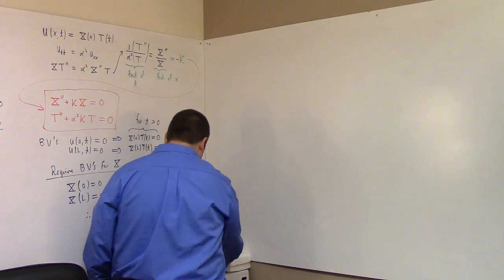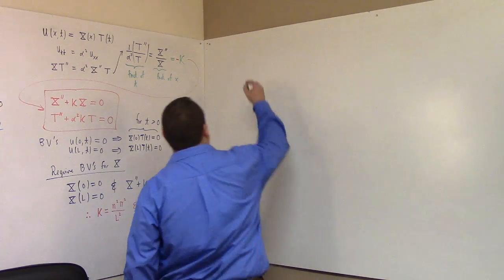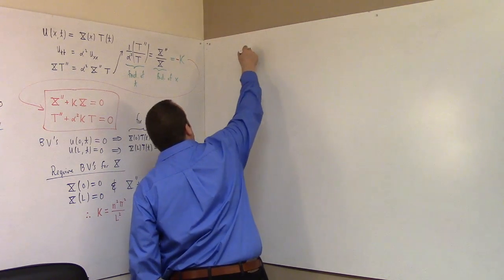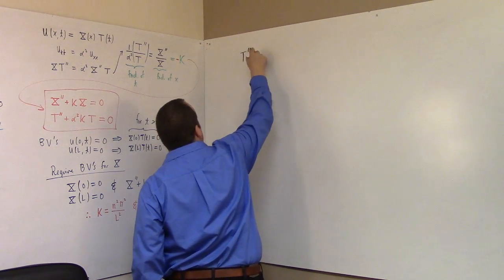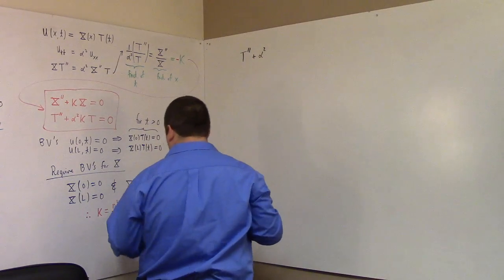Sounds wonderful. All right. Okay, so we got to solve t prime prime plus alpha squared k t. Now what is k? k is n squared